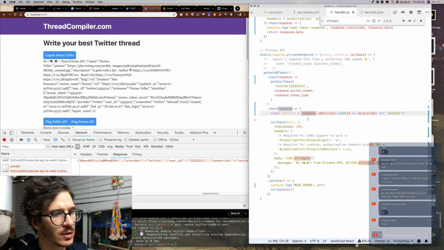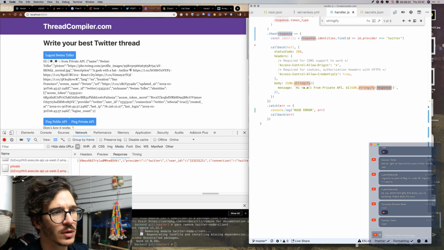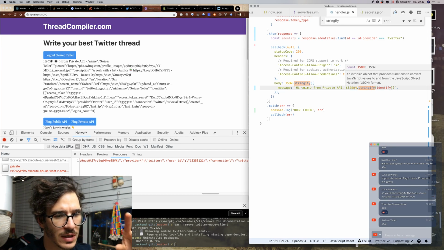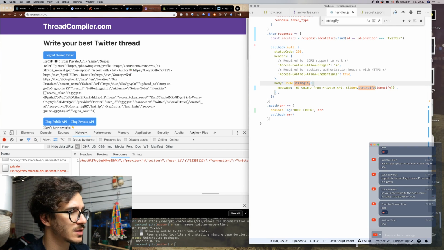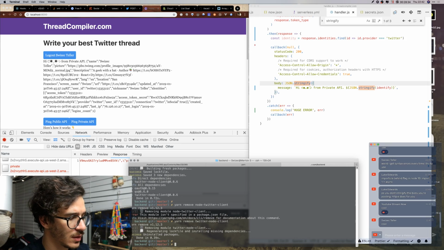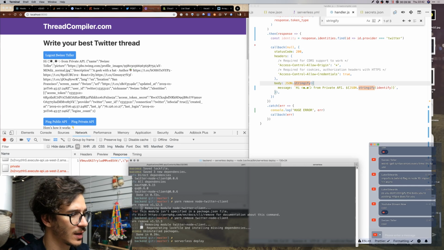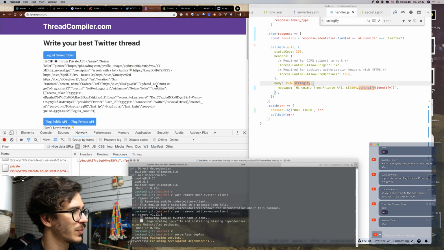So that's the identity we want, and we're going to return that identity here. I know Luke said that HTTP is automatically serializing stuff for us and so on, but this is not HTTP, this is just a callback to get it back to our front end.